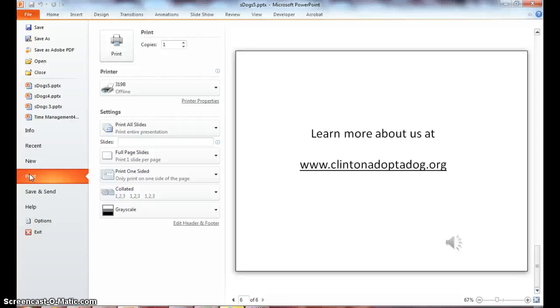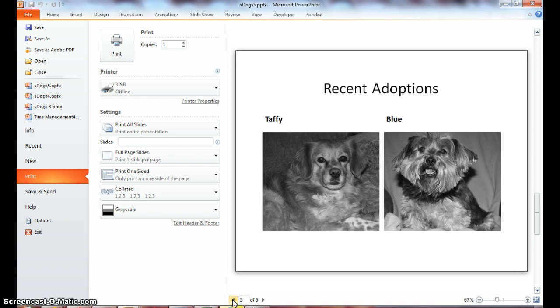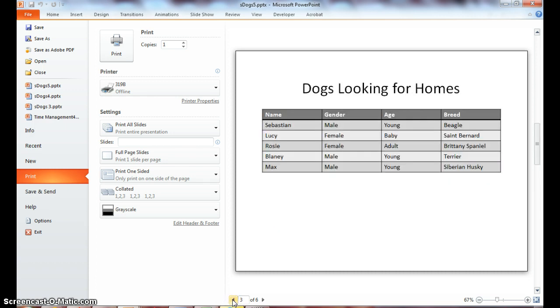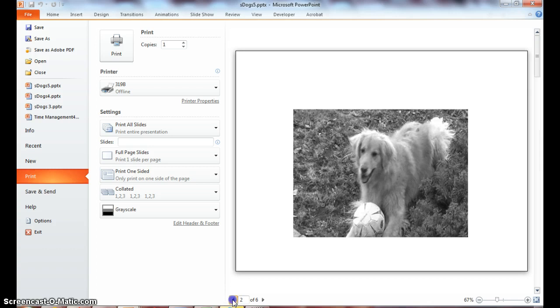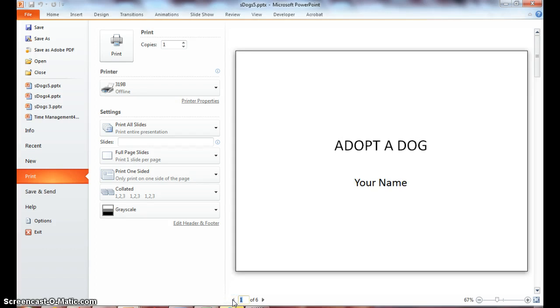Now, in the middle pane under Settings, the Print All Slides is already selected, and a preview of the first slide as it will print appears in the right pane, which is right here. Click the next page button. If you look down here, you're able to advance your slides. Right now I'm on 6 of 6, so if I click next page, nothing happens, so I will go backwards. Depending on where you are in your presentation determines the arrow you will click on, but as you can see, I'm able to preview all the slides that will actually print